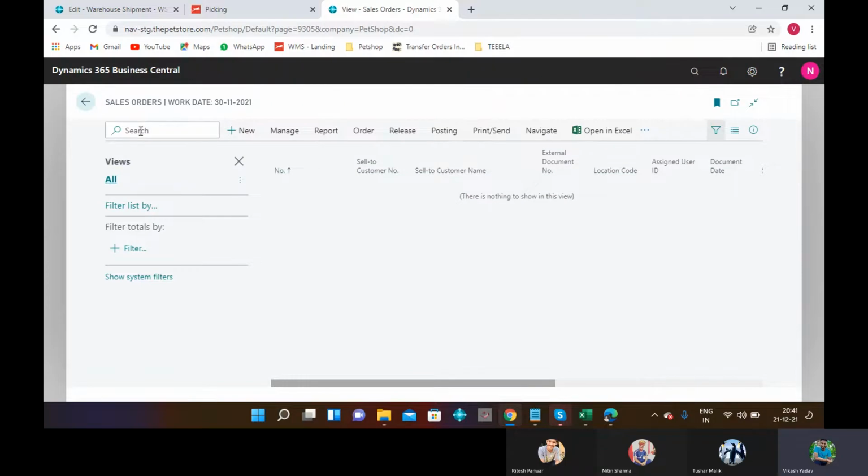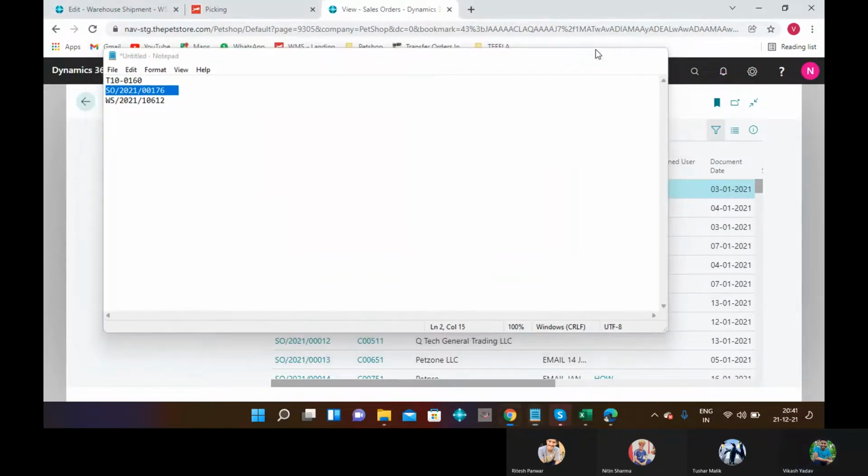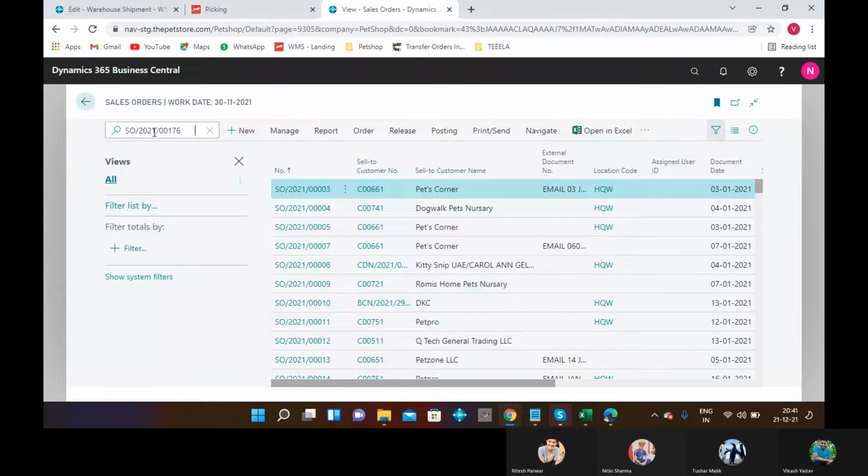Paste our order number. So first we copy our order number.